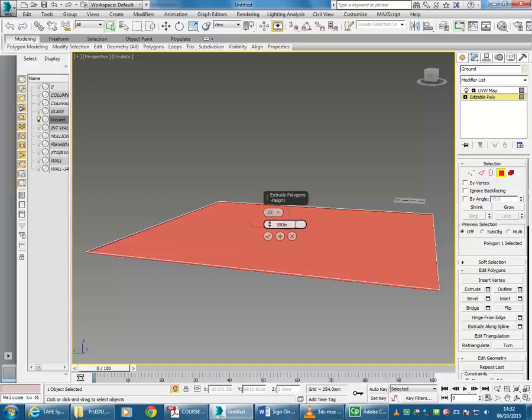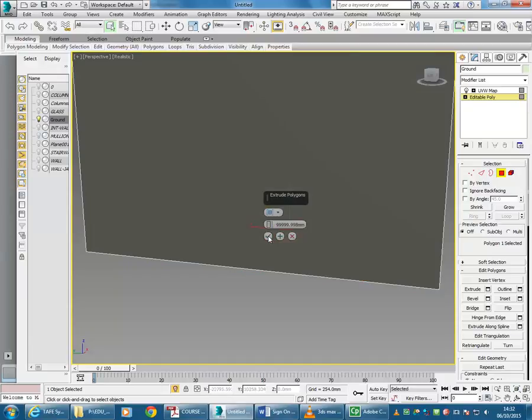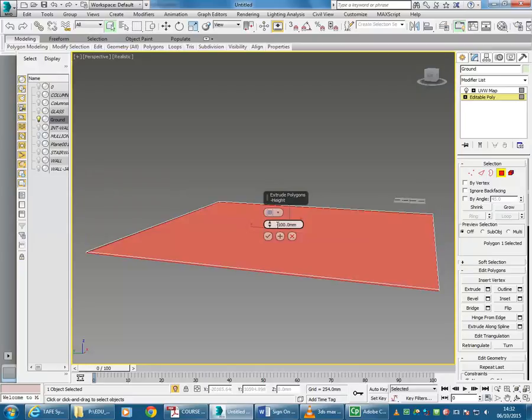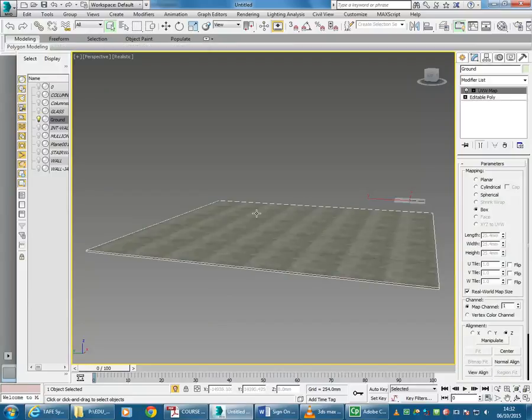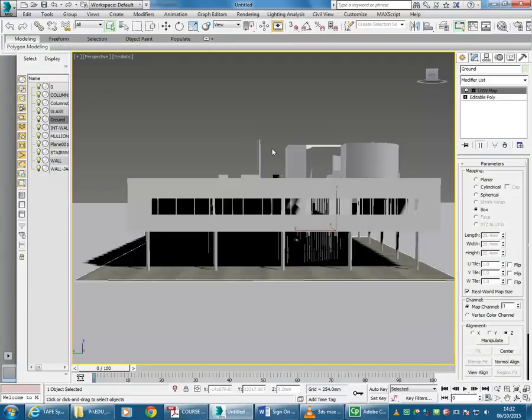Actually, maybe I'll just make it, yeah, I'll make it 100 mil. And it's gone a bit too far, so I'll just type that in again. 100. There we go. Okay, so that should bring it above the ground, and I'll just show you another material